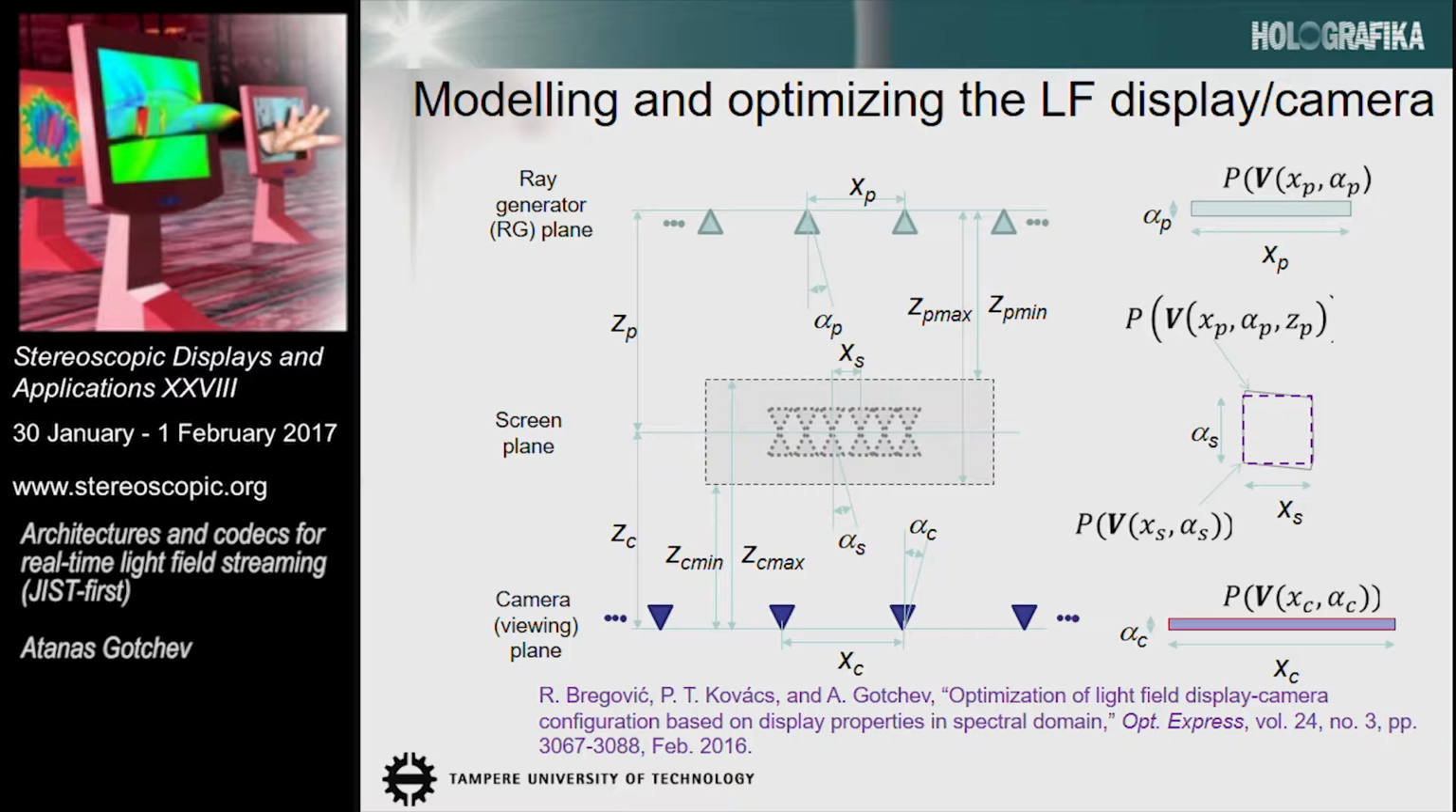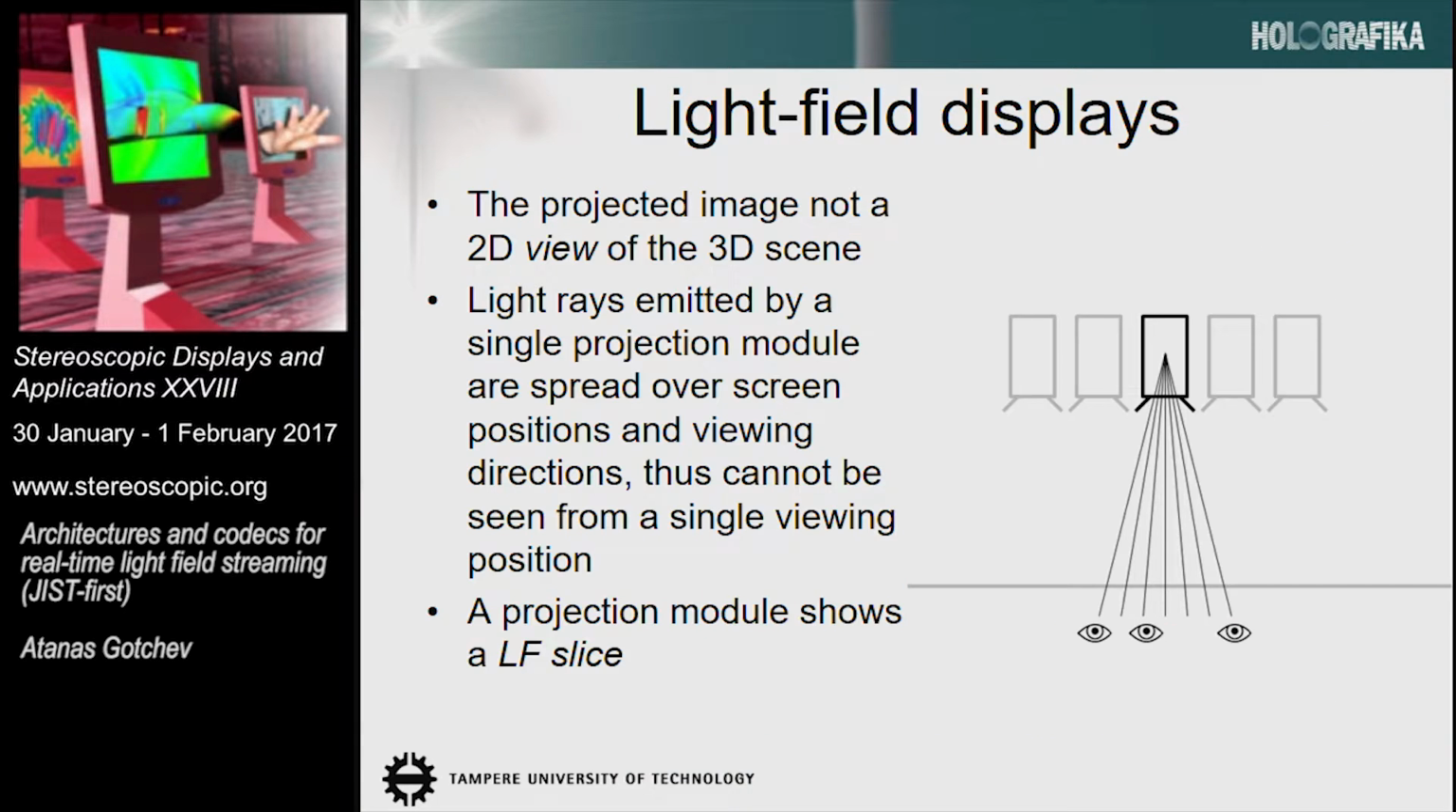We have done this, also proposing a methodology how to analyze the display in spectral domain. There is a journal publication in Optics Express, which I'm only referring to here. But the main point is that what we feed to the displays, to the projectors, are not discrete views. So this is the big difference between autostereoscopic displays and light field displays, where in the autostereoscopic displays we want to have discrete views with certain